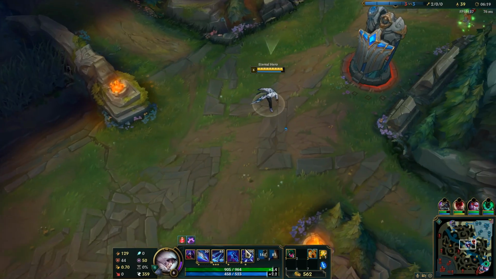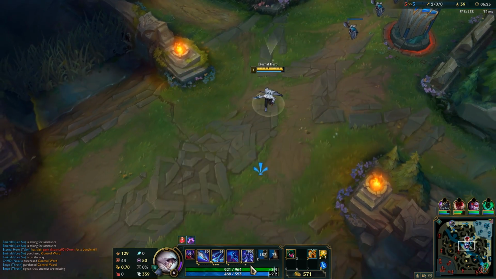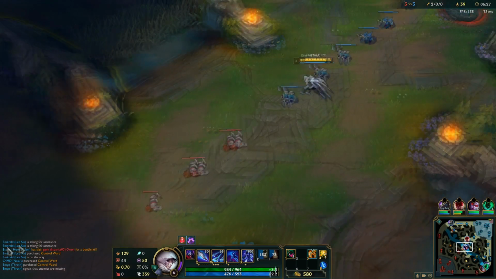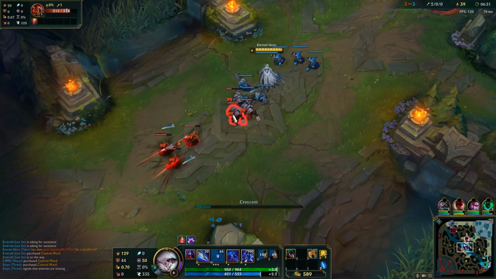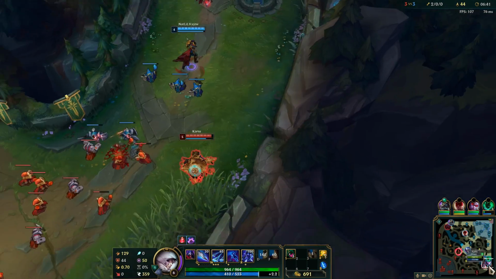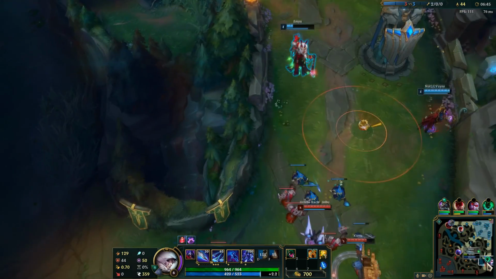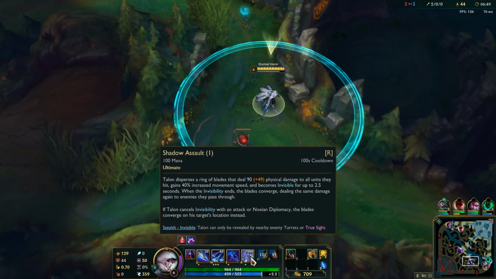As for ultimate, you release Ring of Blades, they deal physical damage to all units they hit. You gain 40% increased movement speed and become invisible for up to 2.5 seconds. So you can recast this ultimate and then you lose the invisibility effect, and if you don't recast you just lose it after 2.5 seconds. When invisibility ends, the blades